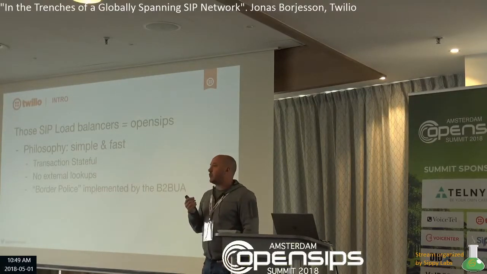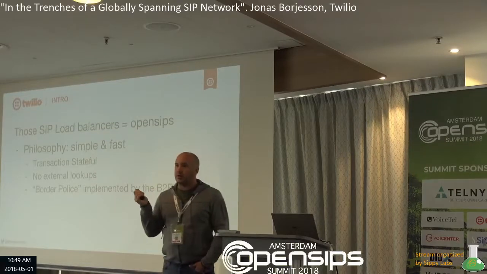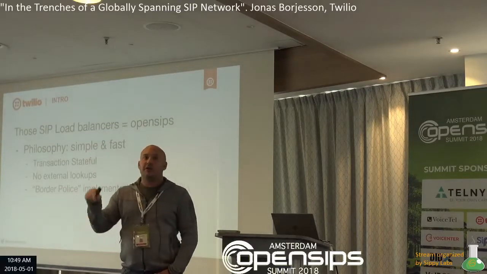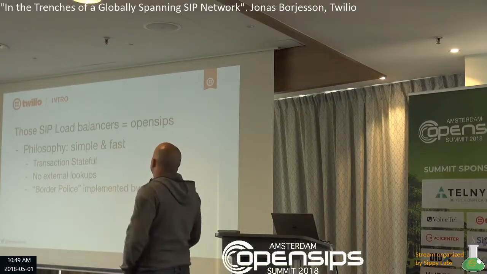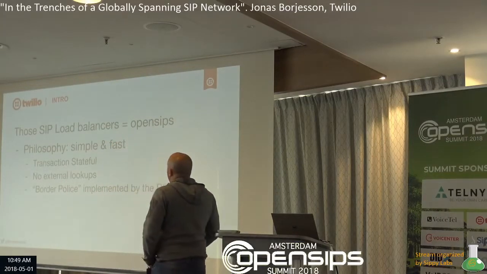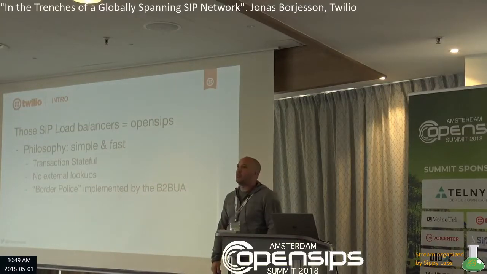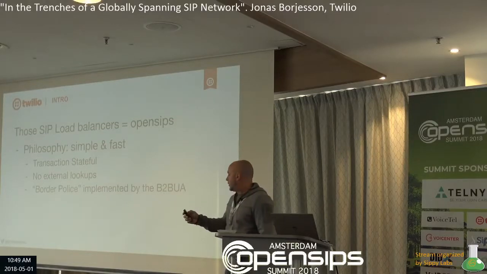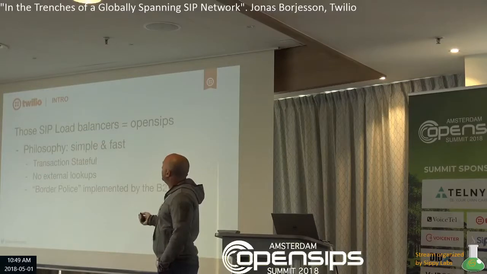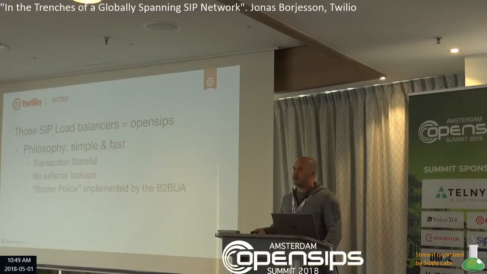So compared to some of you guys' usage of OpenSIPS, we keep ours extremely basic, actually, on purpose, because it sits on the edge, sits behind a public IP, which means it's what's behind our DNS entries. So a lot of the logic for being the border police is actually done by a separate component behind the SIP load balancer, because we can scale that one. And the number of machines we have overall in the company is, I don't know, 5,000-6,000 machines or something like that, so it's fairly big.